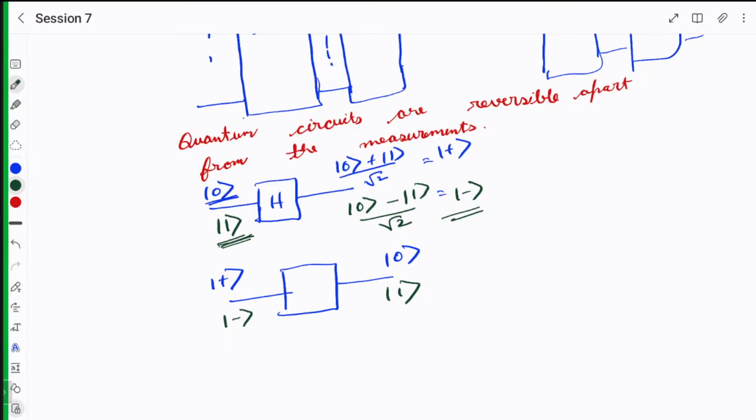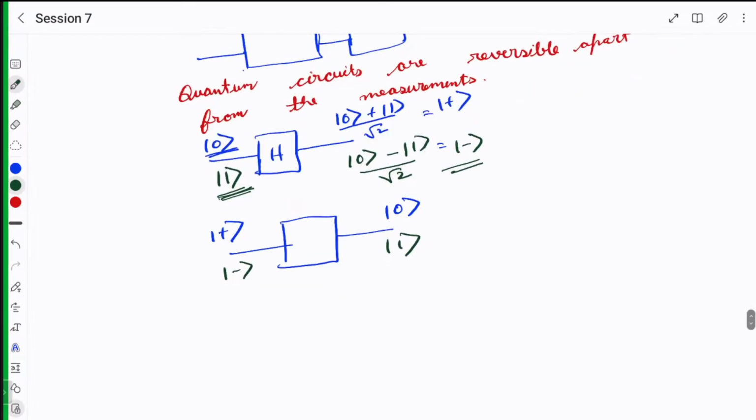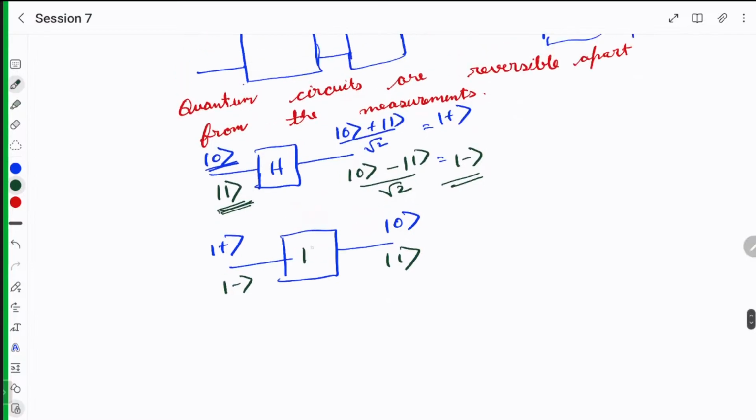Is anybody saying something in the microphone? Okay, yeah, H dagger, right. So if it is H, then in order to do the reverse computation, we need to put H dagger. Now, H was 1 by root 2, 1 by root 2, 1 by root 2, minus 1 by root 2. This was the